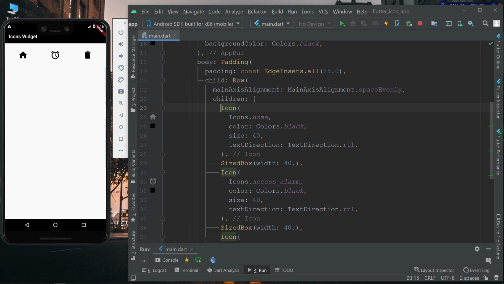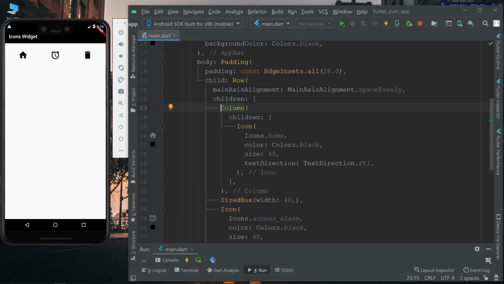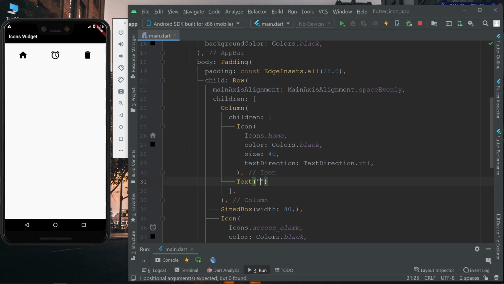Now we can wrap this icon widget inside a Column widget, and we can give text below this icon, that is Home. Just hit Ctrl and S. Now you can see that one text is provided under this home widget.